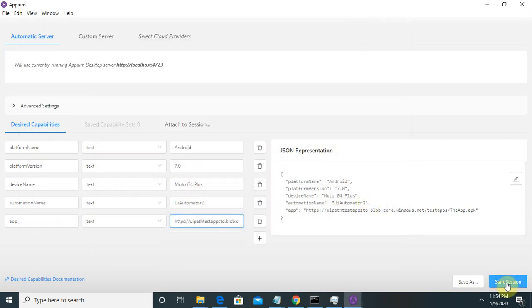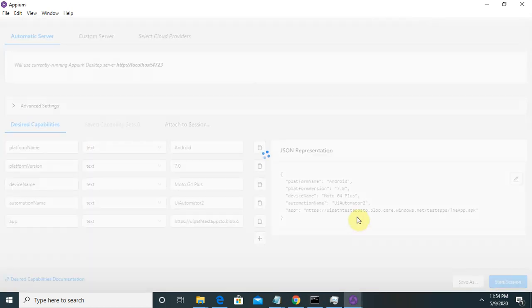Once I click on Start Session, before that you have to connect your physical device with your USB connection. It will launch the mobile emulator. It will take some time, depending on your desktop configuration. Basically the emulator will take 2 GB of space for launching any application, minimum 1 GB, but for complete functionality running it will take around 2 GB.